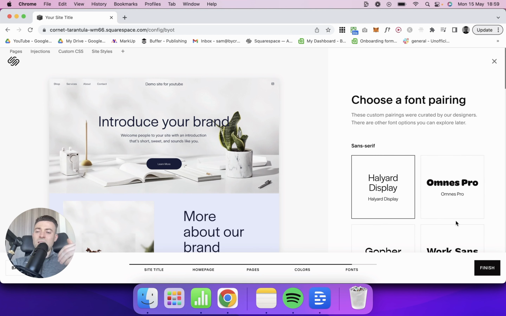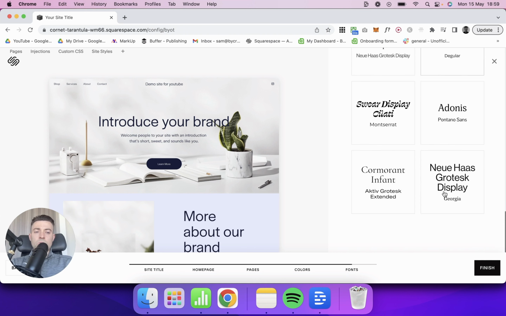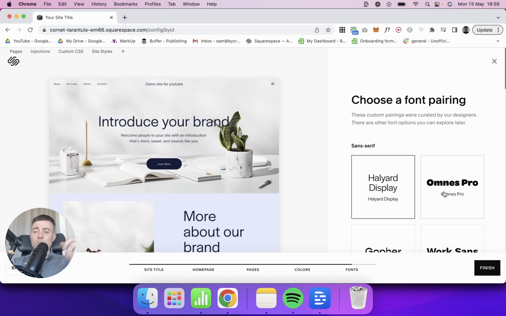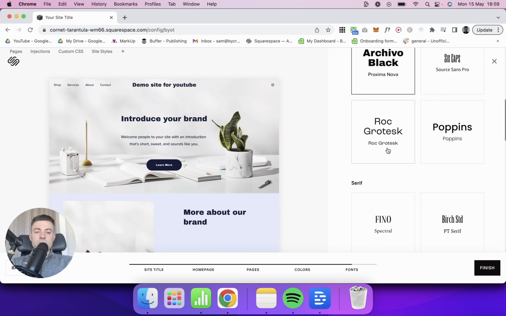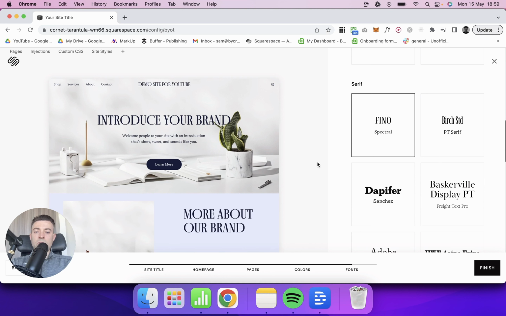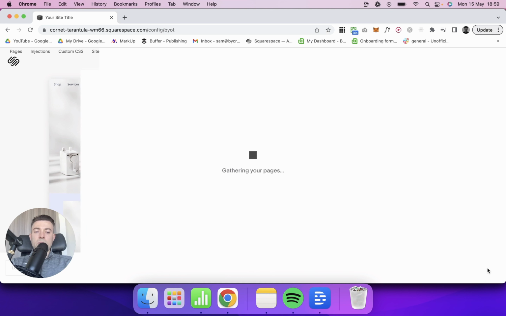So Squarespace has, I think, all of the Adobe fonts loaded up, but that is something that you explore when you actually get onto the site. These are just the pairings that they offer straight off the bat. You can go way more into depth with the fonts. I'm going to go with, let's see, Fino. That looks good. We'll go with that and we'll finish off, and Squarespace is going to go ahead and make